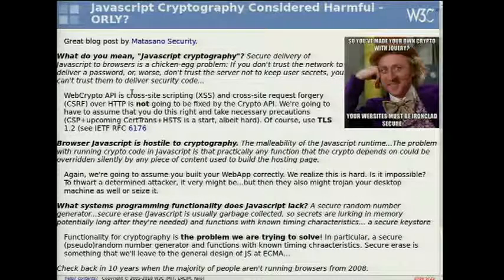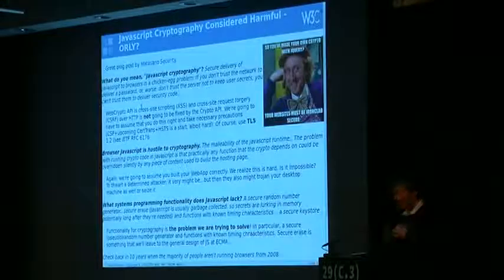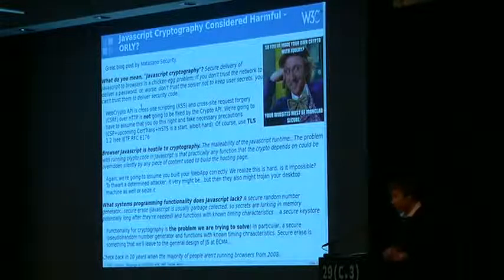If you don't trust the network to deliver a password, you don't trust the server, you can't trust them to deliver code. Well, okay, so we're not solving cross-site scripting, cross-site request forgery. Again, we are hoping you use TLS. We really are. You really should. Ideally 1.2. And we're hoping that you use CSP and HSTS to start. However, at the same point,